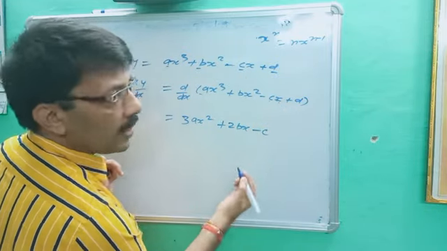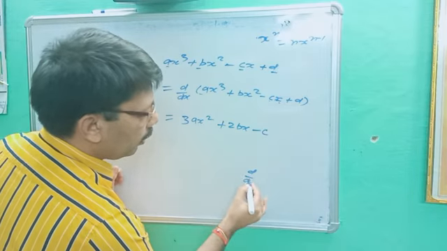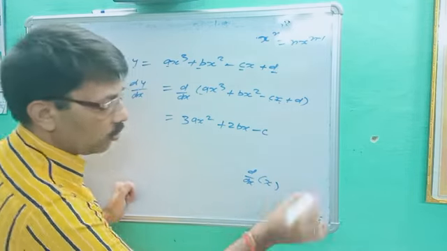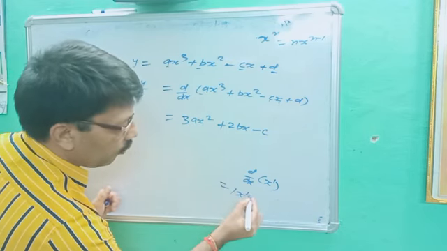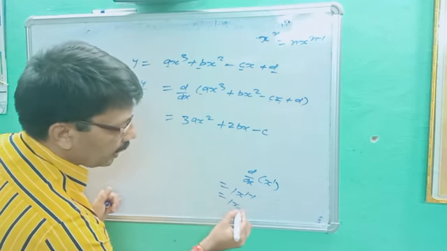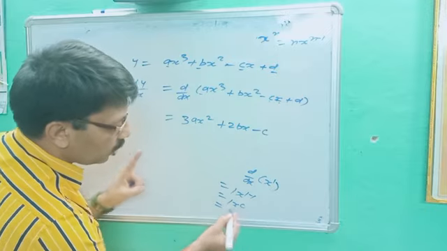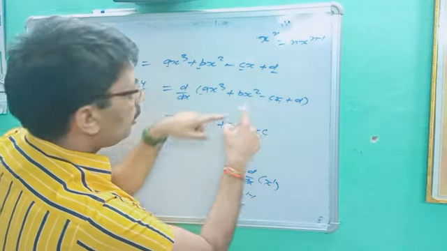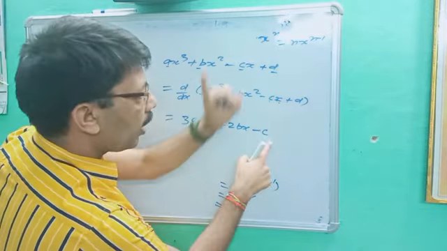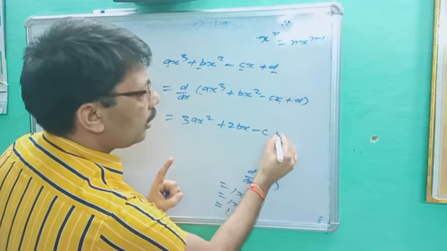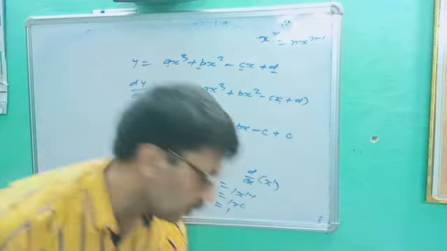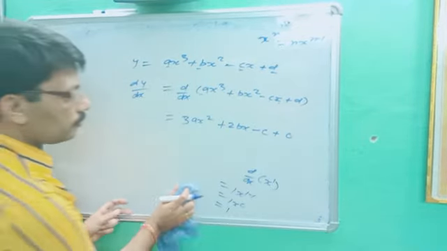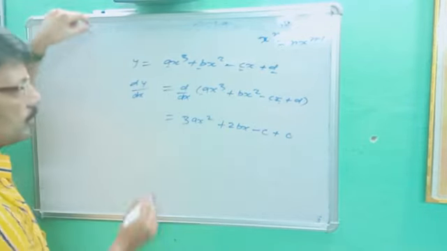What is the differentiation of x? You know d upon dx of x, you can take the constant outside. Its power is 1. So what do we get here? 1 x power 1 minus 1, it becomes 1 x power 0, and x power 0 is equal to 1. So d upon dx of x is equal to 1. So only c will be there, and the differentiation of d becomes 0 because d is a constant. Its differentiation turns 0.